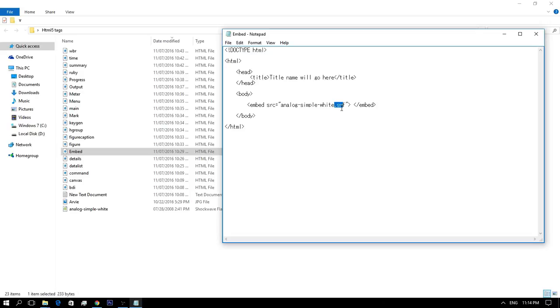So numerous web browsers have backed the embed tag for quite a while. On the other hand, the embed tag has not been a piece of the HTML4 detail. So the embed tag is new in HTML5 and will validate in an HTML5 page. On the other hand, in the event that you utilize it within an HTML4 page, the page won't validate.